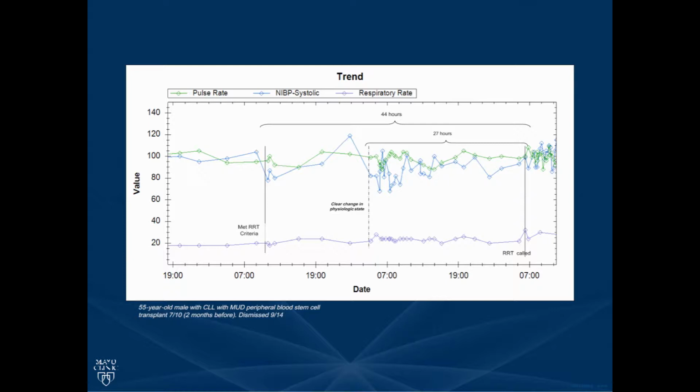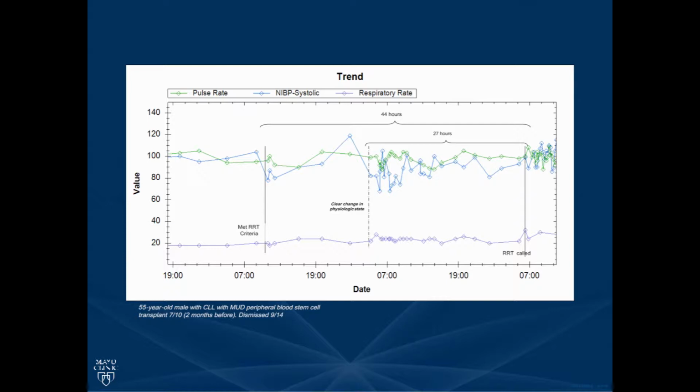This is an unfortunate 55-year-old man who underwent a bone marrow transplant, and his life preceding his death with us highlighted 2 particular things for us. One, you can see here when he was dismissed from the hospital and came back in because he wasn't feeling well. And when he came back in, his pulse was slightly higher than his blood pressure, green line higher than the blue line. And there you can see, as a result, the shock index is positive. Well, we didn't quite act on that.